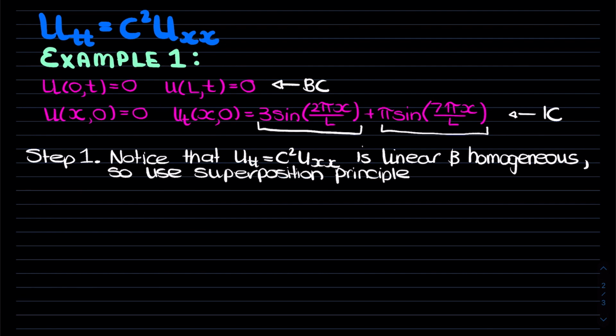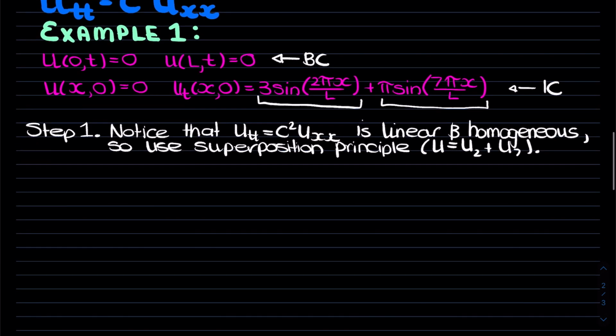Now, if you recall, the superposition principle is where we have a solution u, which is equal to two independent solutions, which in this case is going to be u_2 plus u_7. And you'll see why that is in a moment. So just note that, it's really important that you write that first part. So step 2 would just be find u_2 and u_7